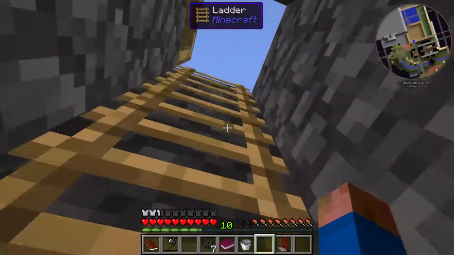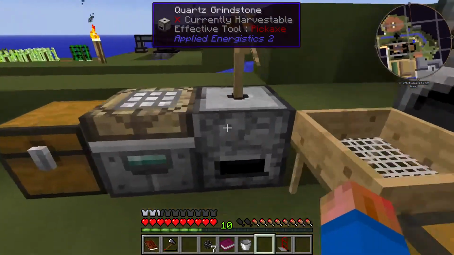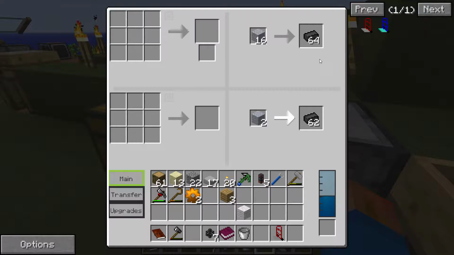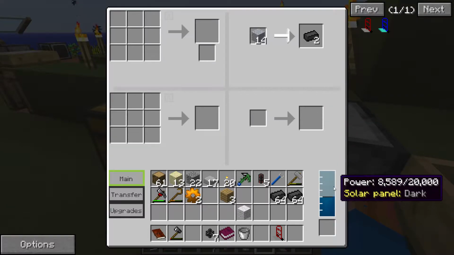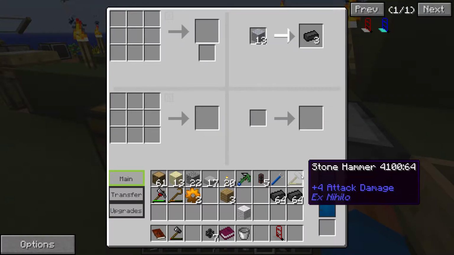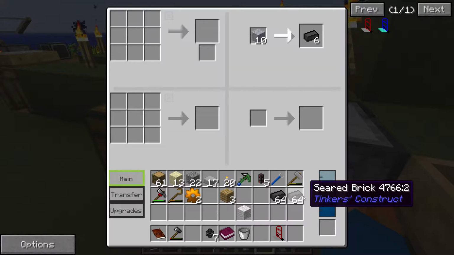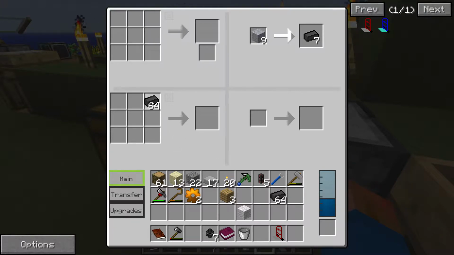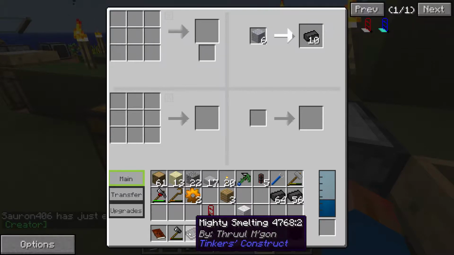Let's go check on our seared bricks. And they are almost done. Ah, that one stopped because it was full. Alright, so we've just got to wait for that. What we can do, we'll go ahead and build, let's see, I'm going to need a few different things. The first thing I'm going to need is the Smeltery controller. So if I put that around like that, Smeltery controller, the brains of the smelter, and you see I get